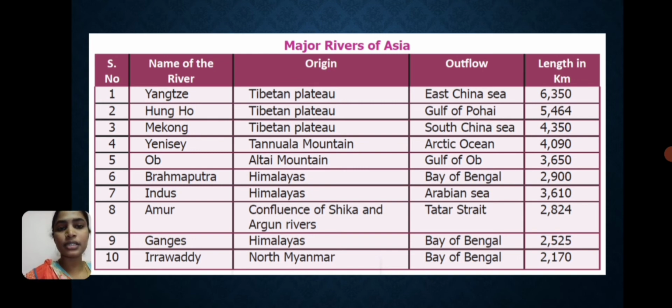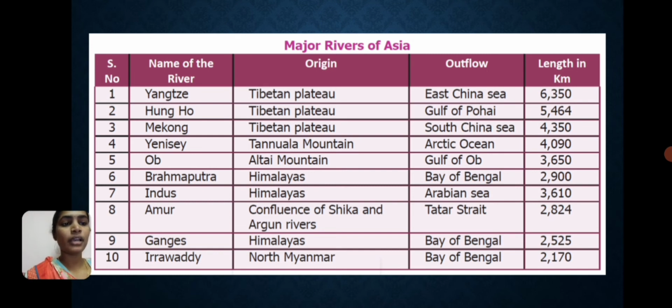And the seventh one is the Indus River. It originates in the Himalayas and outflows into the Arabian Sea. And the length is 3,610. Okay. And the eighth is the Amur River. It originates at the confluence of the Shilka and Argun rivers, and outflows into the Tatar Strait. Length is